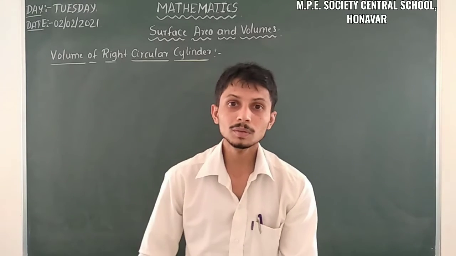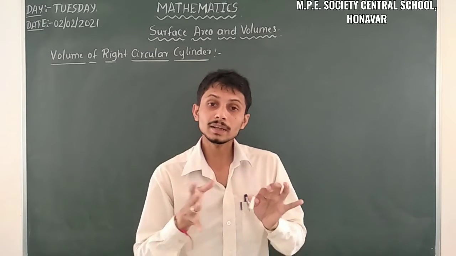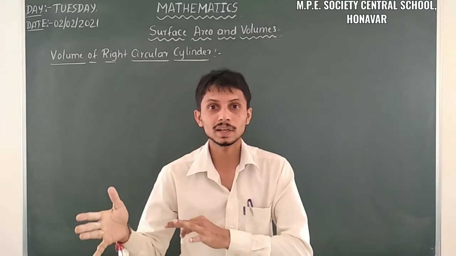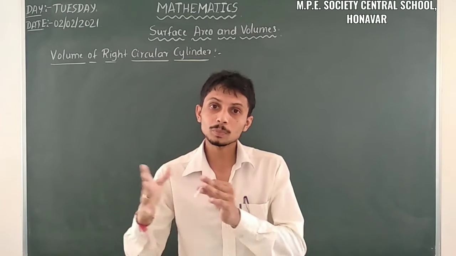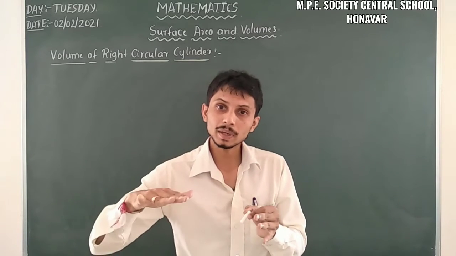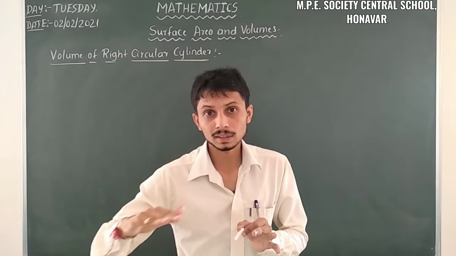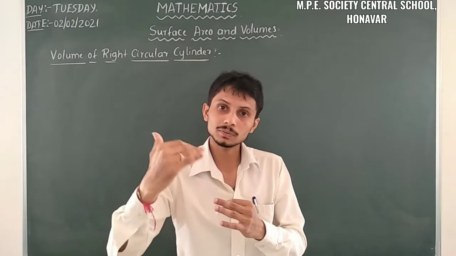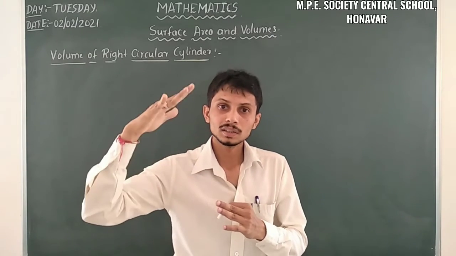That is, the volume of the cylinder is equal to base area into height. Already we know that, volume is equal to base area into length. Likewise we can write, here also, volume is equal to base area into length. The base area is nothing but the area of each circle or each coin, taken the number of times equal to the number of coins we have, neglecting the thickness, which is the height of the cylinder.